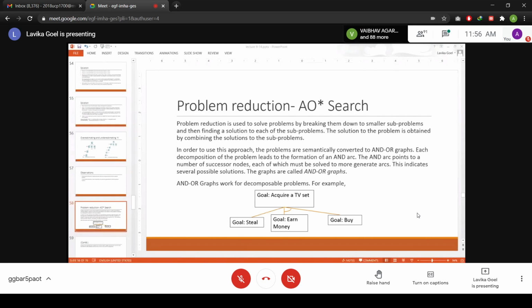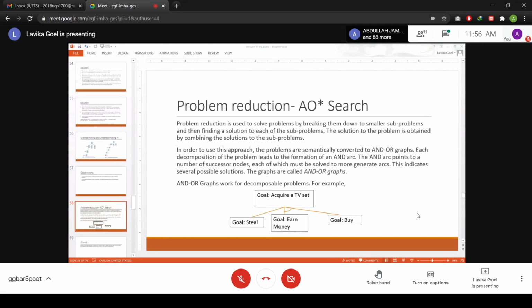So they are connected by an AND arc. An AND arc will point to both the subtasks, and this arc which you are placing in between the two subgoals indicates that they are dependent tasks. So both of them have to be finished in order to satisfy that main goal. Okay, so this is an AND arc. They are dependent tasks, so it's an AND arc. If it is an independent task, it's an OR arc. So there are two arcs, and the graph which contains an AND arc and an OR arc is called an AND-OR graph.